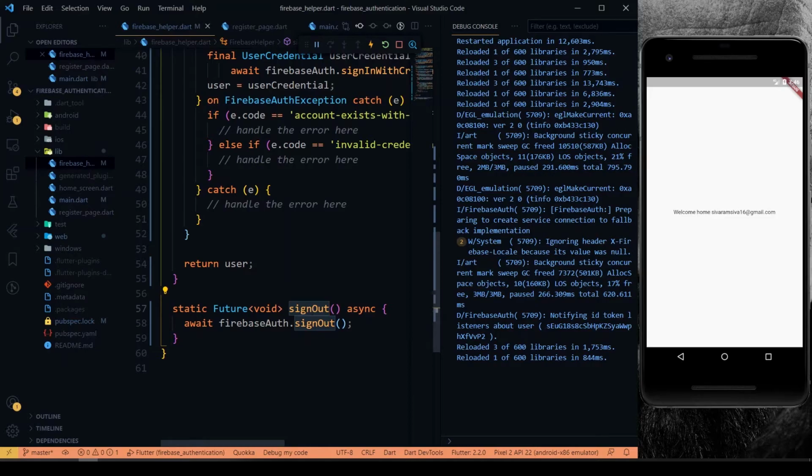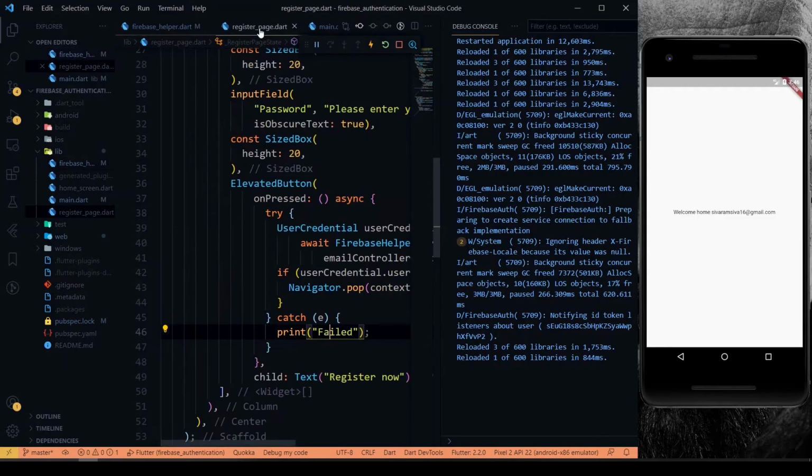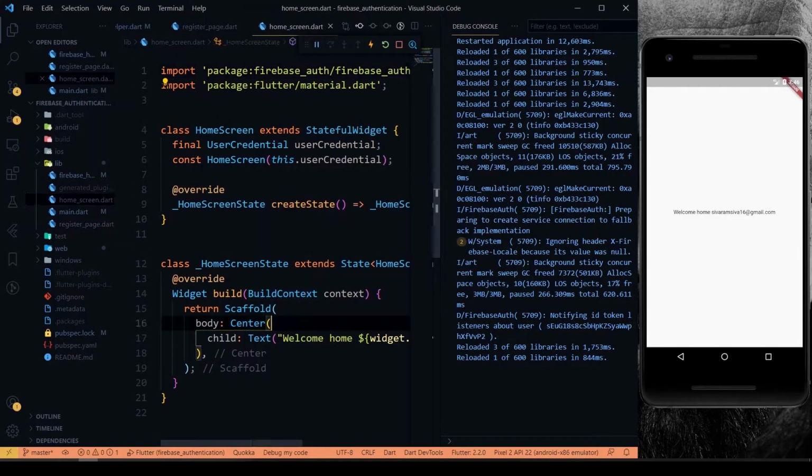Okay, we'll call this method in our home screen, and put a column here.